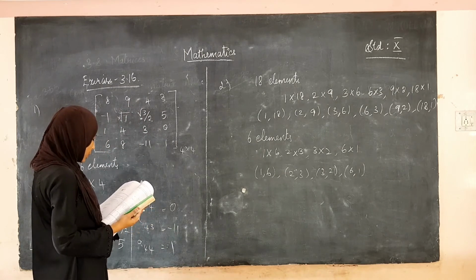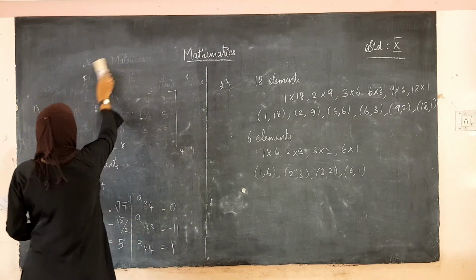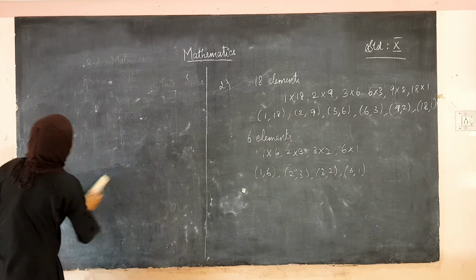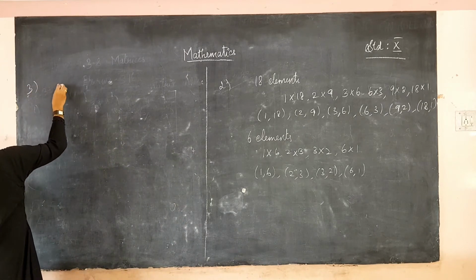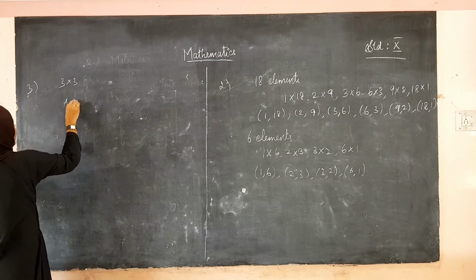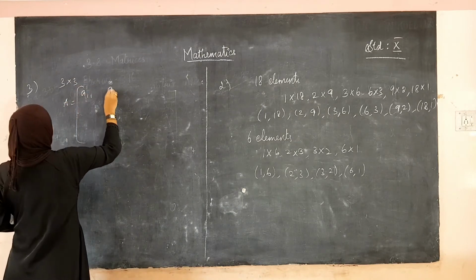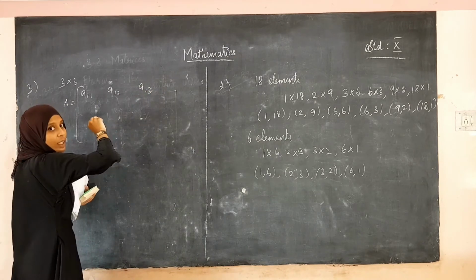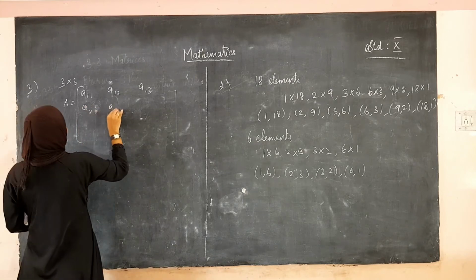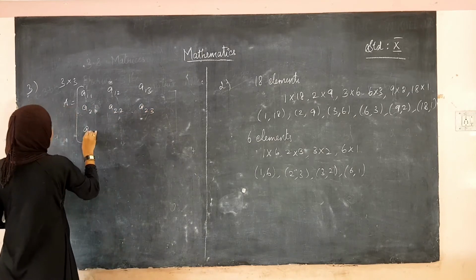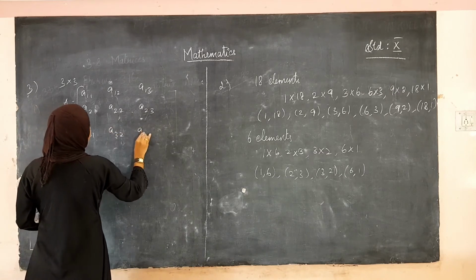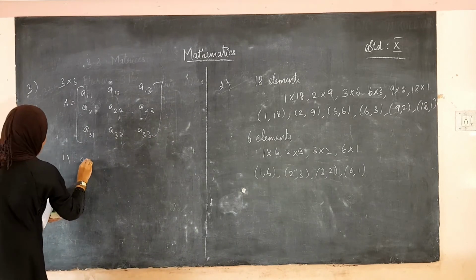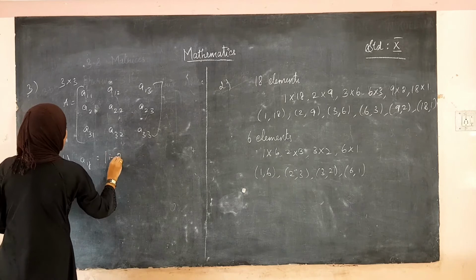Construct a 3 cross 3 matrix whose elements are given by. So, the third sum is here we are going to construct a 3 cross 3 matrix. Let that be A. What are the elements? A11, A12 and then A13. We have to stop at A13 because it has only 3 columns. So again here A21, A22, A23, here A31, A32 and again A33. We have to find the elements. The first subdivision is Aij is equal to modulus of i minus 2j.